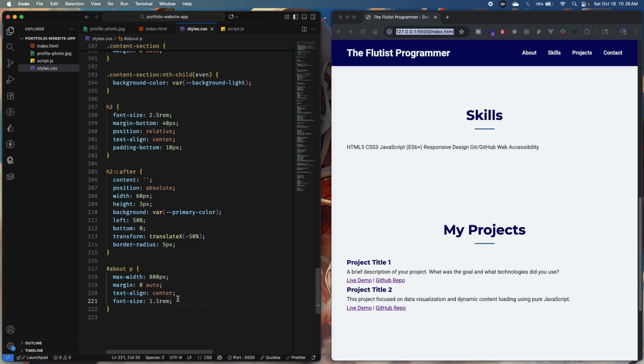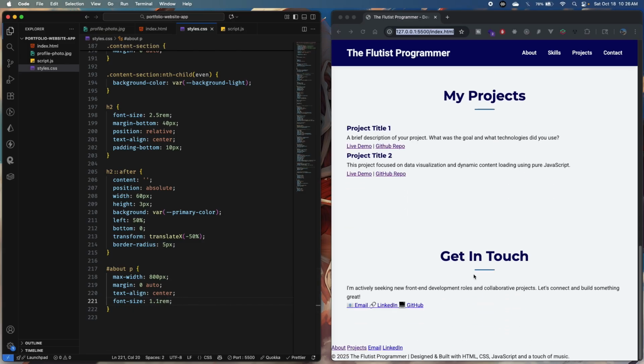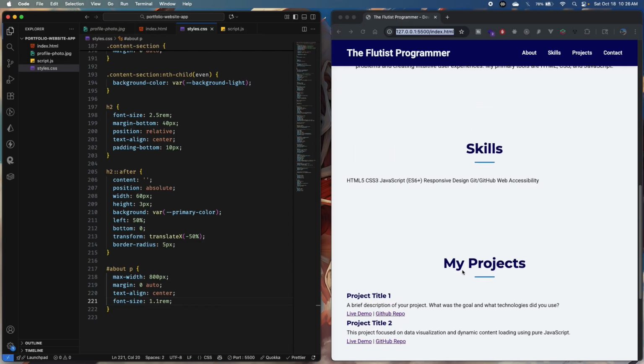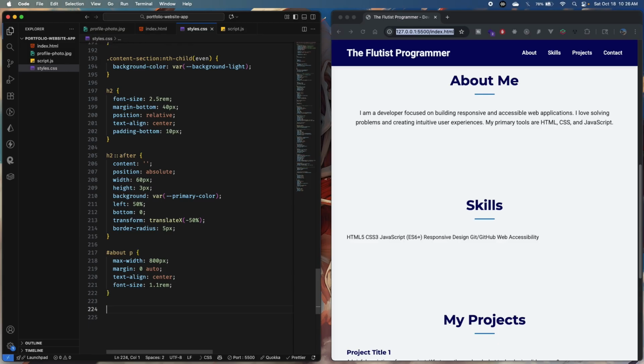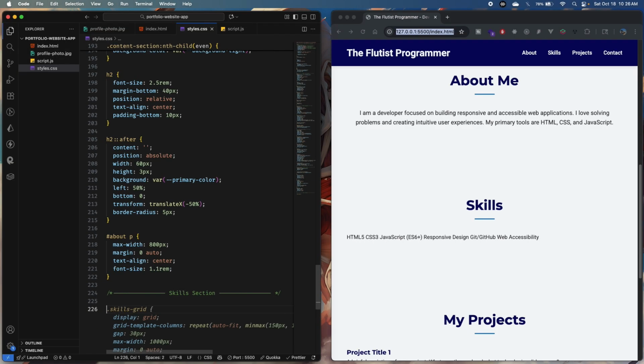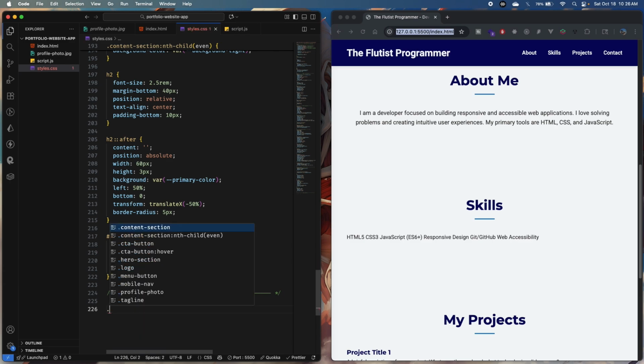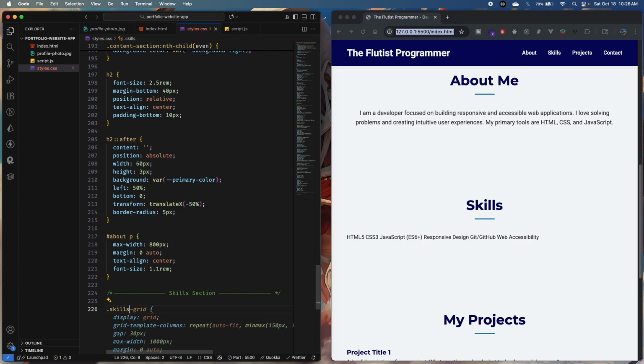Excellent. So after this, let's proceed to the skills section, which is this one here. Excellent. So let's put another comment here that is going to be, let me just change this to be skills section. Okay, so for the skills here, let's put some styles for the skills container. So skills container,